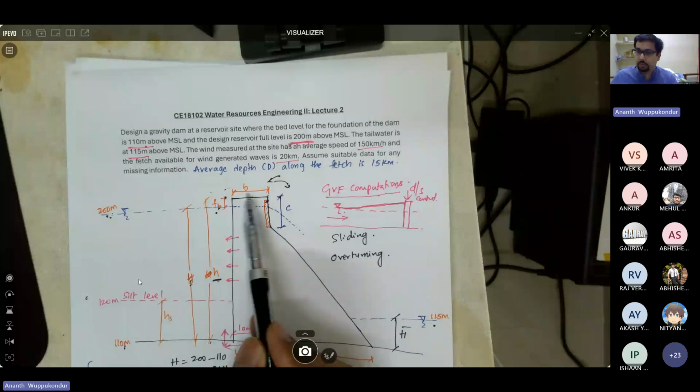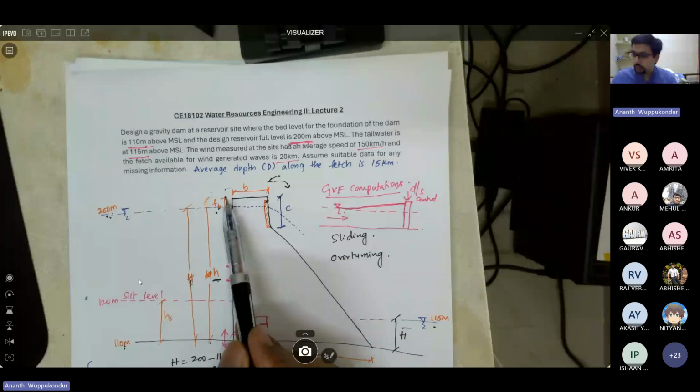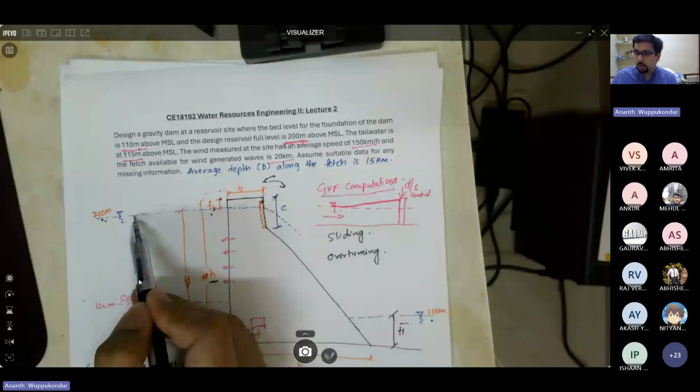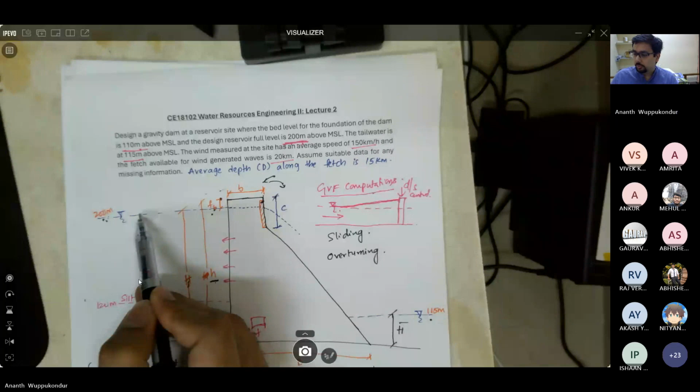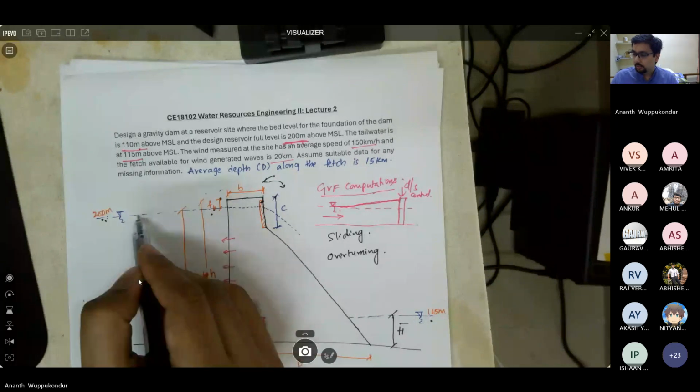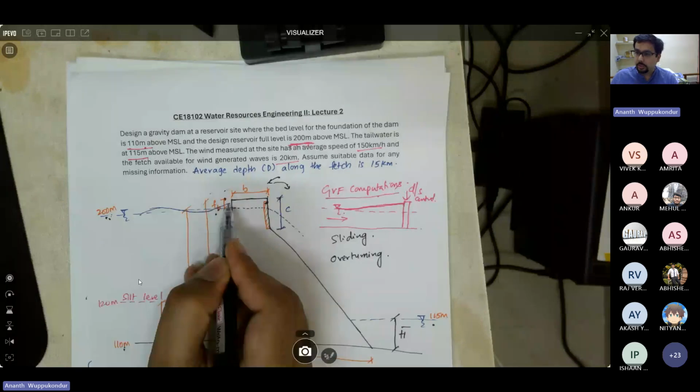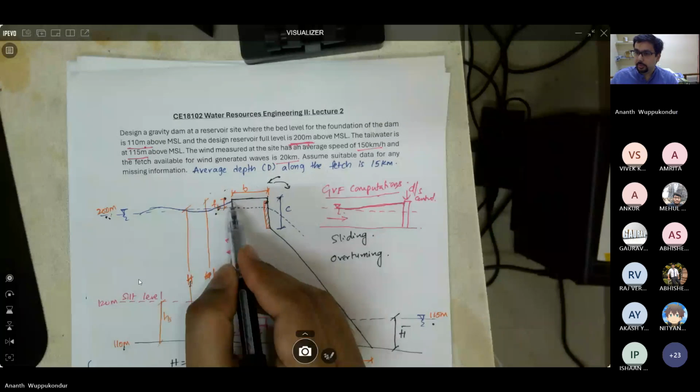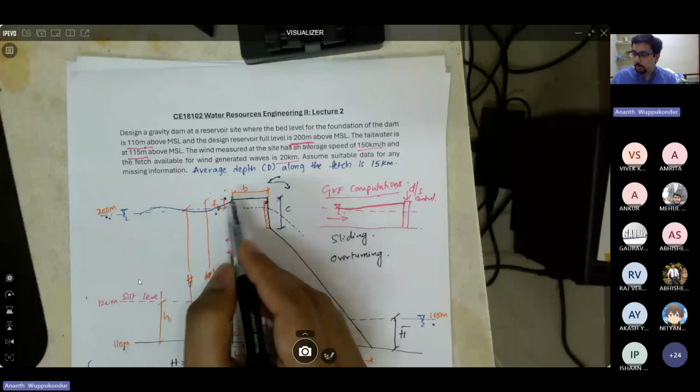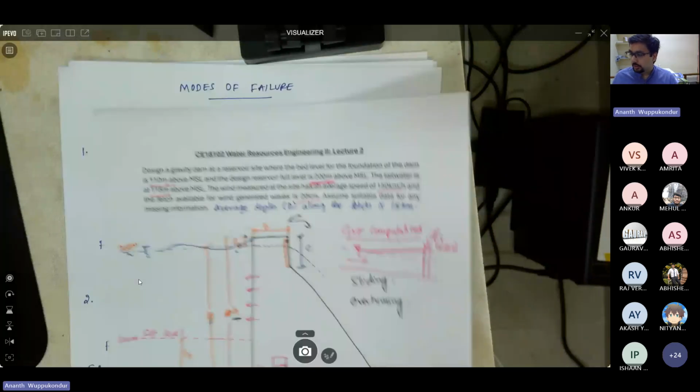And this freeboard is dependent on several factors, like if you have wind, that is going to cause waves, wind waves, and the wind waves are going to slosh on the upstream face of the dam. And you don't want this sloshing to overtop the dam. So your freeboard should be sufficient to not let the water overtop the dam. So based on the dimensions of the dam, that is the free